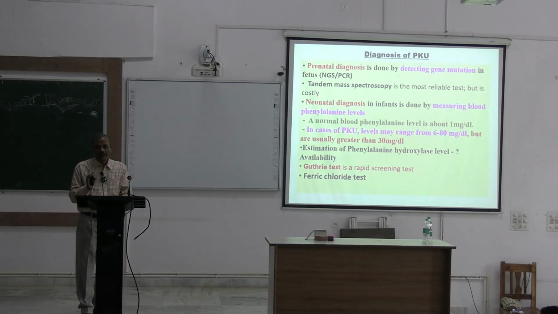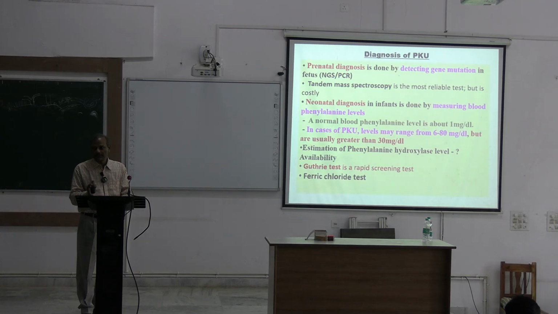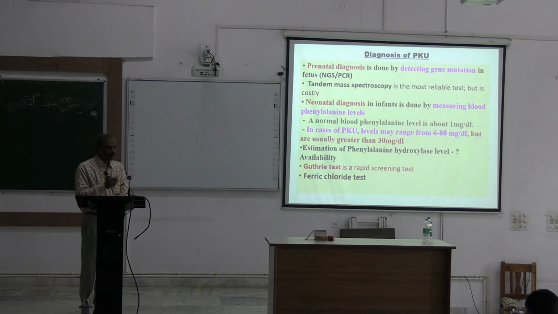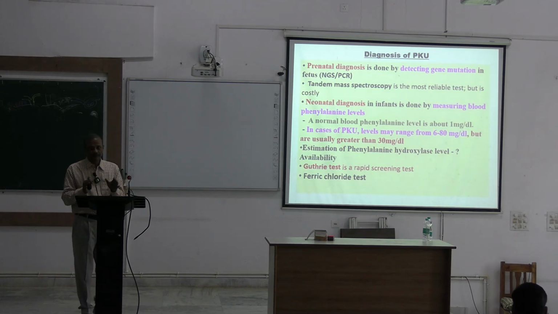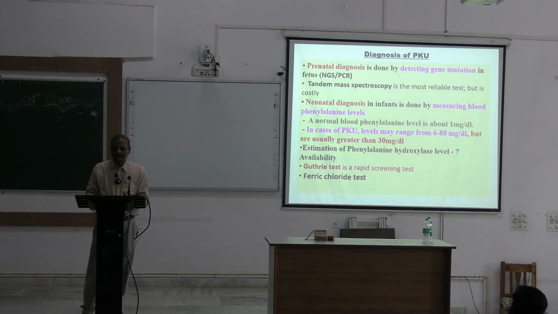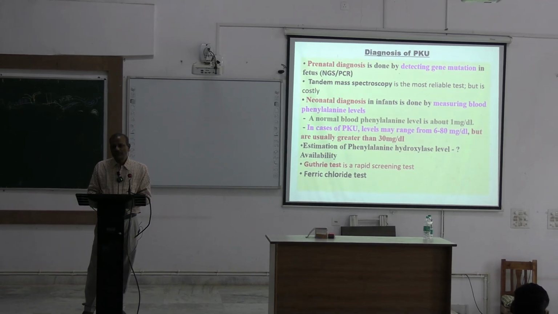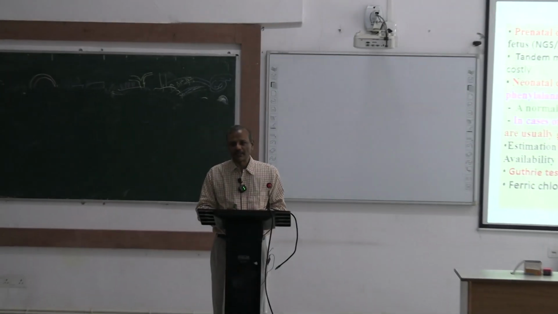So diagnosis, how do you diagnose the case of phenylketonuria? Since the block is there, the phenylalanine level in the blood will be very high. So first and foremost, you can estimate that phenylalanine in the blood. Or if you want to diagnose the disease before birth, while in the womb, you can make a prenatal diagnosis